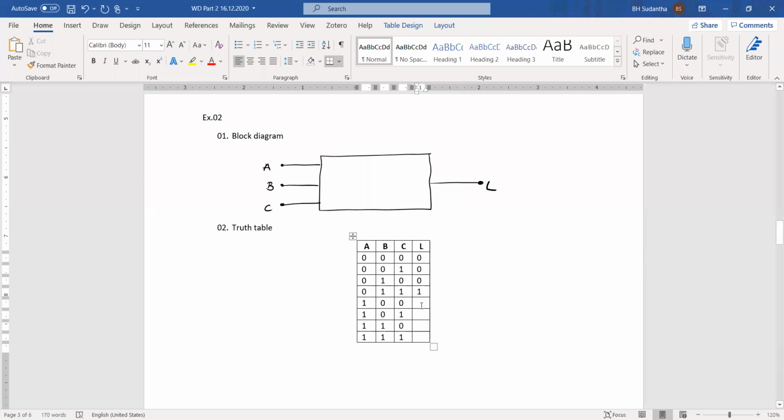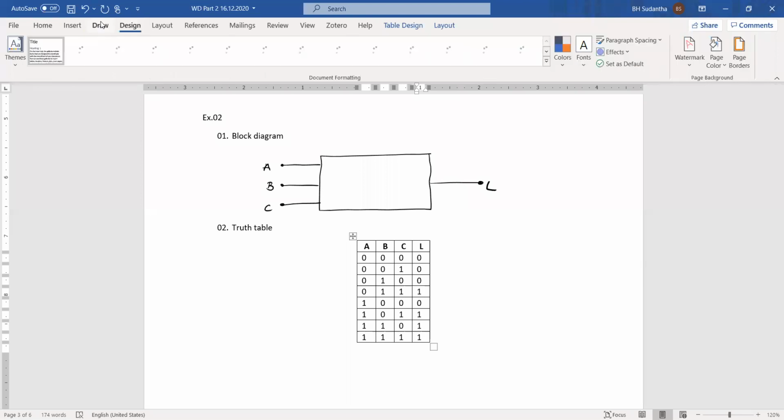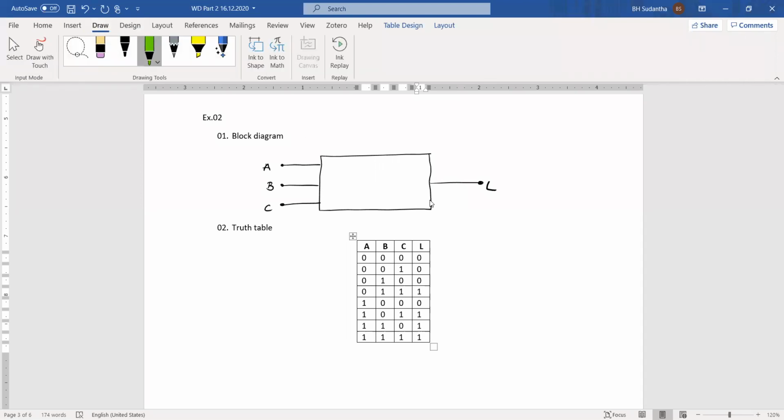Here only 1 position detected, then output should be 0. Here 2, then output is 1. Here output is 1. Here 3 positions are detected, then output is 1. Okay. Now we can convert this one into an equation. So this is the first one. If A bar B C,